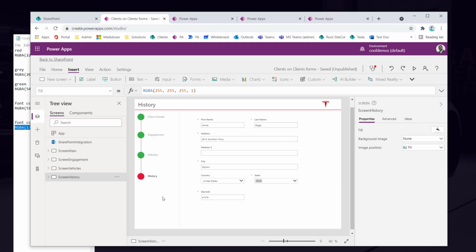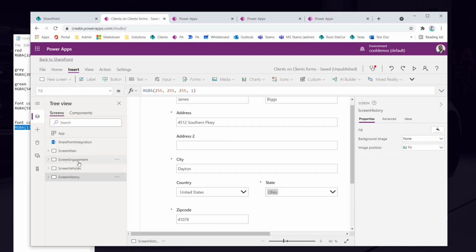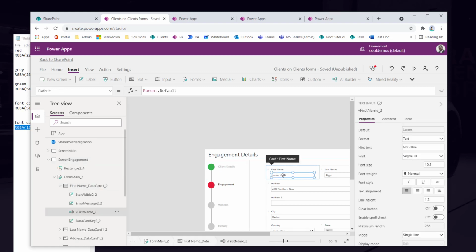So this is where you kind of bend the principle a little bit from design and enable this feature that just came available, I would say probably only 3 to 4 weeks ago. And the setting is the access app scope. So if you enable this, now what it's going to do, because we all know that when you're on the screen, if I'm on like screen engage, and let's just say I call this like a change event here or a click event if there was a button, I can type in screen and have access or reference any one